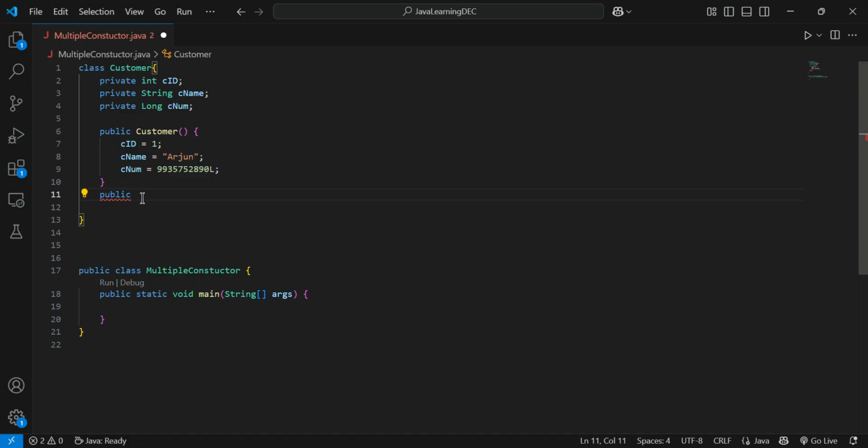This constructor accepts parameters, so we can customize the values when creating the object. So public customer,